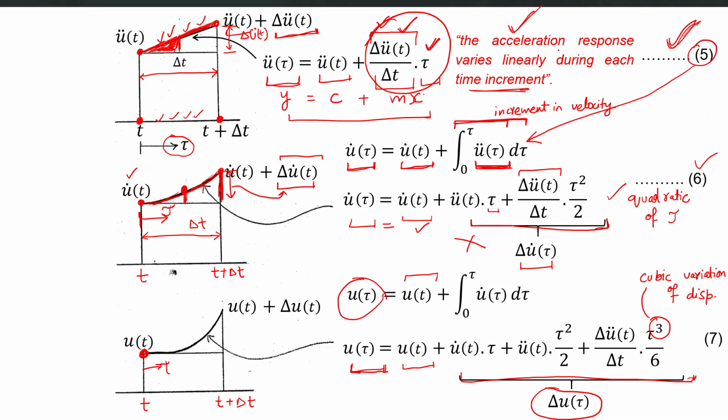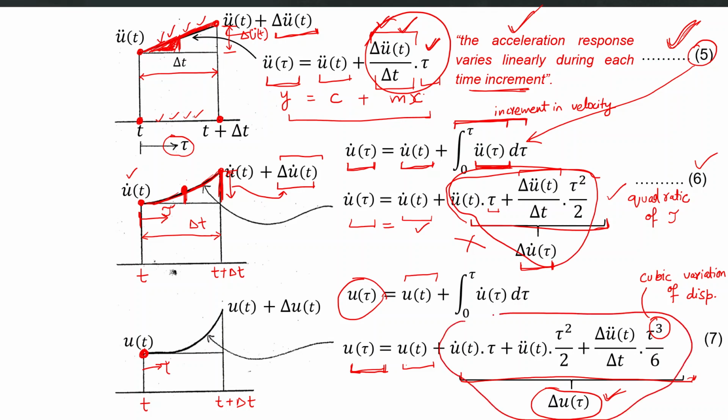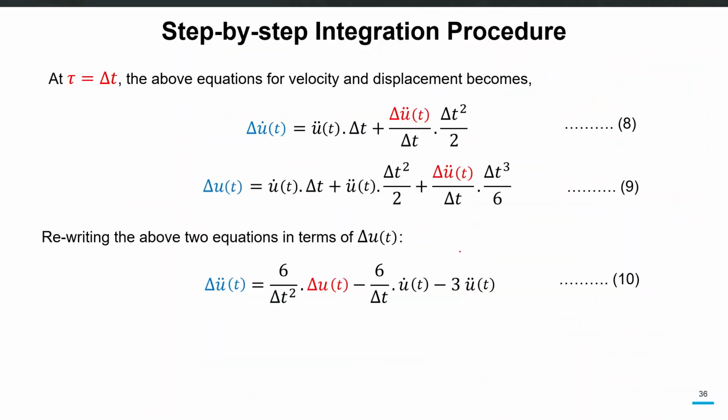So now we have already got the increment in the value of velocity and displacement. Now we can write these increments, these ones. This whole circle will basically become the increment in velocity, and this whole circle, this one, will become the increment in displacement. So we can separate these two equations out here in the next slide. These are the two equations, the increment in velocity and the increment in displacement.